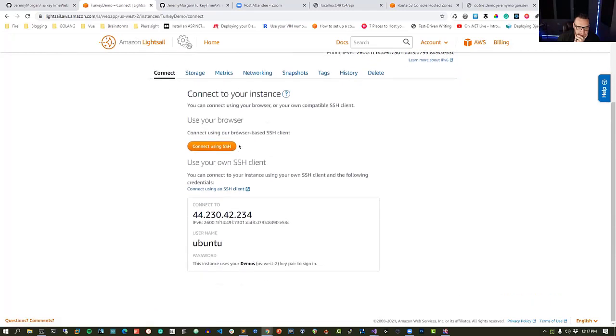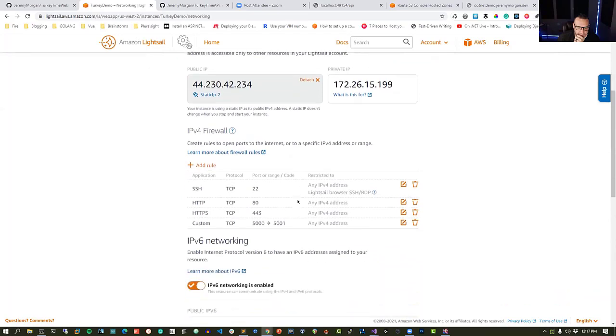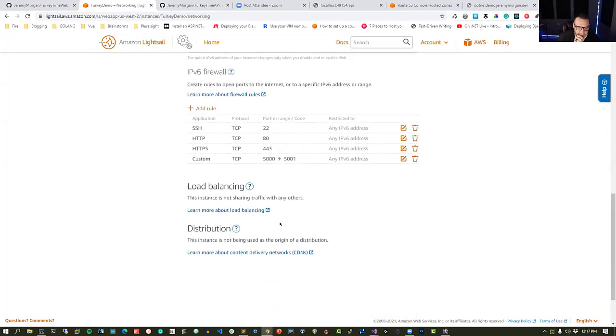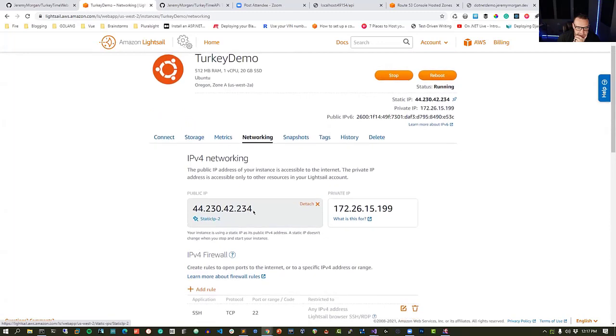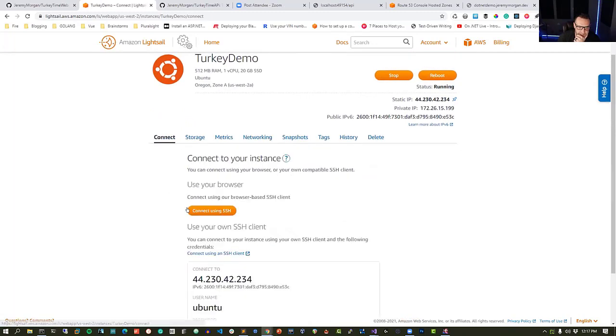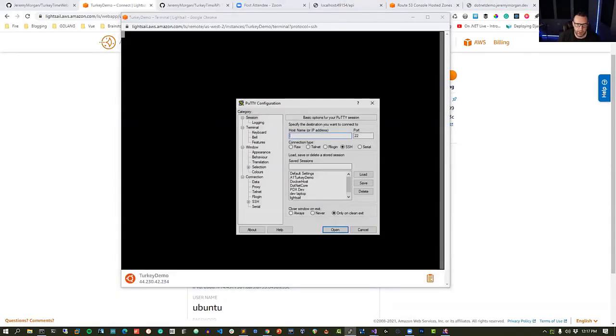If I can find that. But it did not keep my static IP. Oh, there it is. Yeah, static IP2. But it looks like this IP address has changed just since we've started using this,